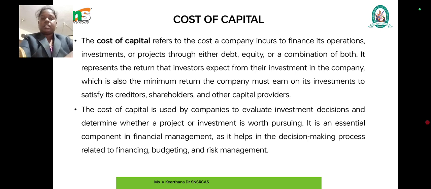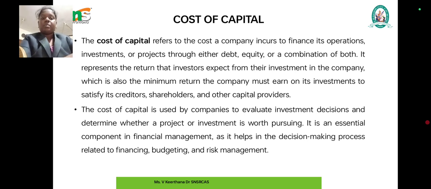It represents the return that investors expect from their investment in the company, which is also the minimum return the company must earn on its investment to satisfy its creditors, shareholders and other capital providers. So the concept actually, what is this? Cost of capital is based on the company's cost, and also we have to satisfy the creditors, shareholders and other capital